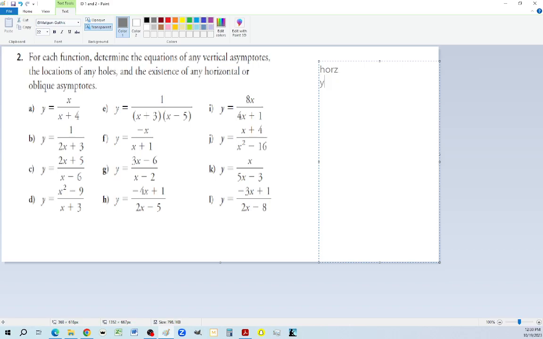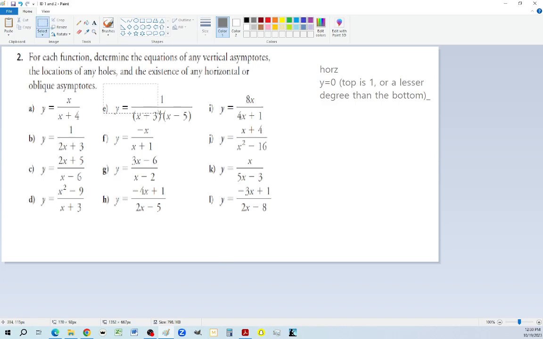Horizontal asymptotes, y will be equal to 0 when the top is 1 or a lesser degree than the bottom. So let's just spot which ones will have y is equal to 0. This one. That's the same. This one. Those are all matching. That's that. This one. Those are the 3 that have y is equal to 0 because the top is 1 or a degree that's less. Notice that this is x up here, but this is x squared down here, which means y is equal